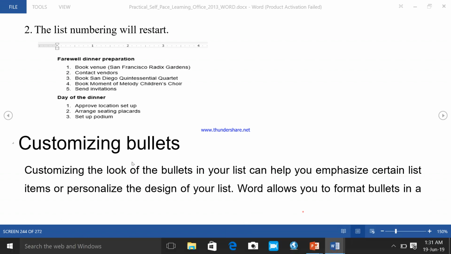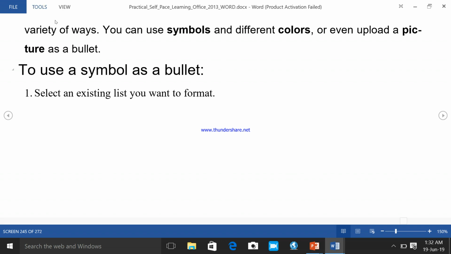Let's continue with our book. Customizing the bullets. Customizing the look of the bullet in your list can help you emphasize certain list items or personalize the design of your list. Word allows you to format bullets in a variety of ways. You can use symbol, you can use color, you can use a picture bullet. The first one we need to check out is how to use